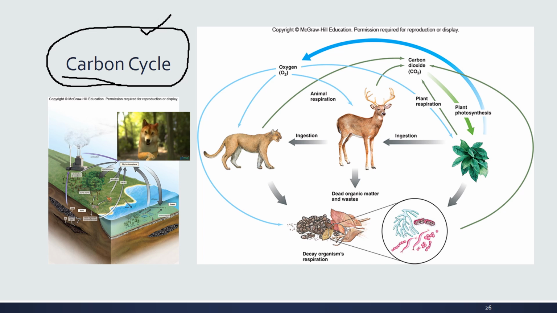But we have a certain amount of carbon, and the way we measure carbon is something called biomass. We can actually weigh the animal, say how much carbon is in that animal that gives its flesh, and how much of the mass of that flesh is available to, let's say, that cougar, and how much of the flesh of a plant is needed for that deer. So when we talk about the carbon cycle, you hear a term called biomass, in which we literally weigh and calculate the amount of carbon that is taken in by that animal and is also given off through waste products and through its body being eaten or dying. Carbon gets cycled,